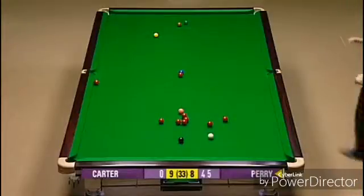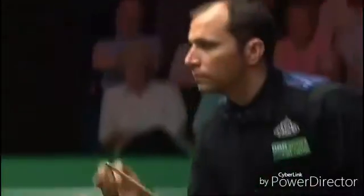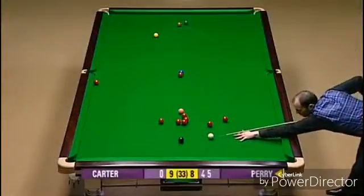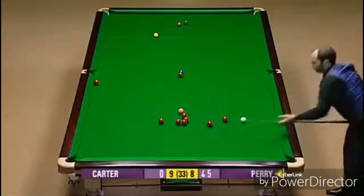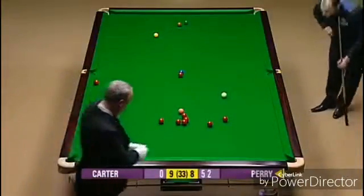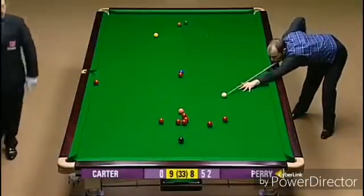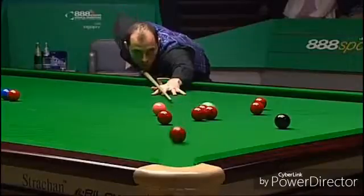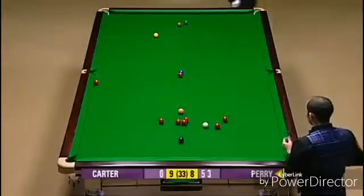He won't risk going into those 2 reds. There's 4 around the pink. There's a couple of loose ones. You don't want to be playing a cannon at this stage. You could easily stick on them, so he'll forget about that. And that's even better. The one next to the pink is available. 23. 24. Plenty of room